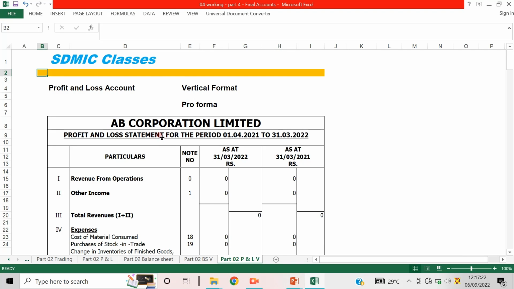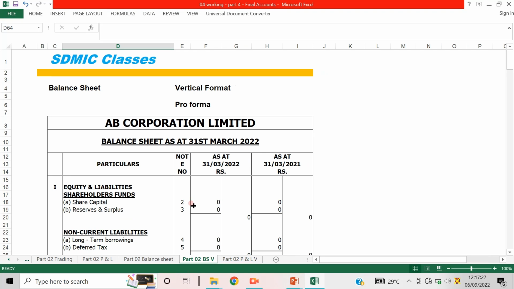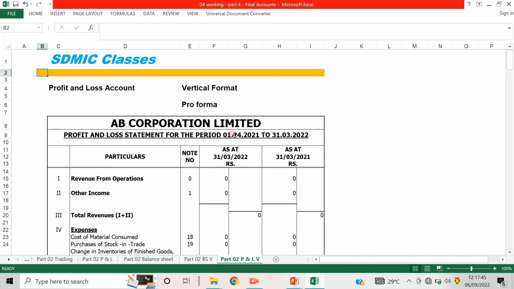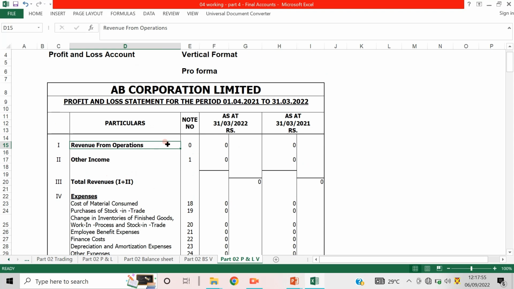नाउ देन नेक्स्ट उसका एक इनकम स्टेटमेंट, जो प्रॉफिट एंड लॉस स्टेटमेंट फॉर द पीरियड। बैलेंस शीट एज ऑन डेट, एज सच 31 मार्च, ऑन दिस पर्टिकुलर डेट, ये जो पर्टिकुलर एज ऑन एनी डेट ये बैलेंस शीट बनाते हैं। नॉर्मली 1 साल का रहेगा तो 31 मार्च में ले लेते हैं। और ईयर एक पूरा साल का है, मीन्स 1/4/2021 टू 31 मार्च 2022, मीन्स पूरा 12 महीने के पीरियड का प्रॉफिट एंड लॉस अकाउंट है, स्टेटमेंट है या ट्रेडिंग। सो नाउ रेवेन्यू वो डायरेक्टली ले लेता है कितना है जो सेल्स है।